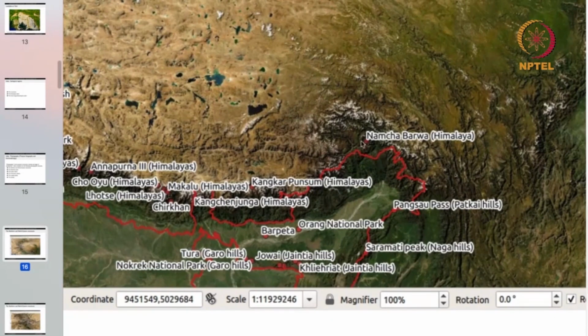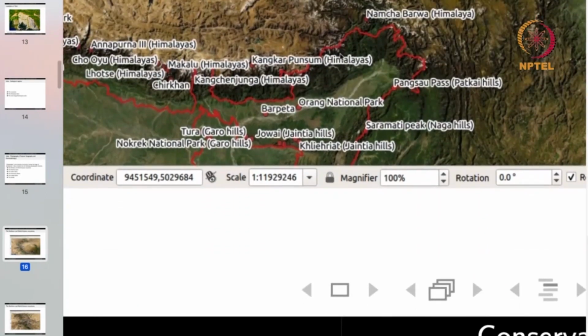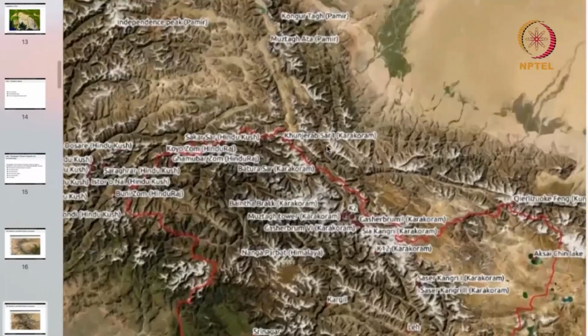Here we have the Namcha Barwa. So Namcha Barwa is the easternmost edge of the Himalayas. So at this point the Himalayas take a turn towards the south. And then in the northeast we have the Patkai Hills, we have Naga Hills, Jaintia Hills, Garo Hills and so on. Now if we look at this region in more detail,